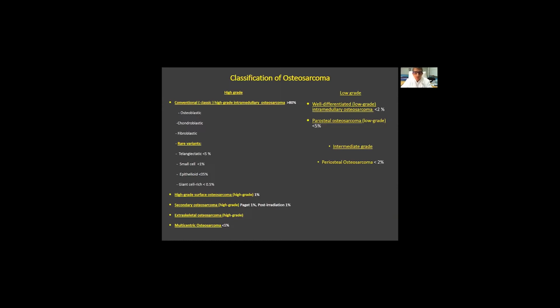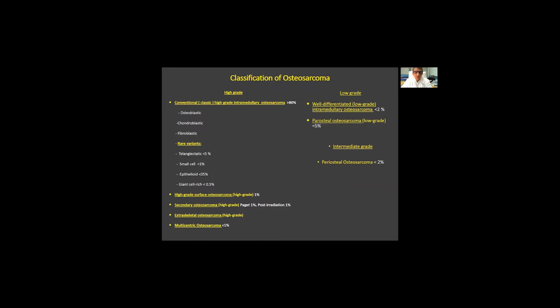The most common type of high-grade osteosarcoma is the high-grade conventional intramedullary osteosarcoma. This is seen in over 80% of patients diagnosed with osteosarcoma. It includes various histologic subtypes like the osteoblastic, chondroblastic, and fibroblastic. As we discussed before, the extracellular matrix of the tumor can be formed of one or more of these three histologic subtypes, and